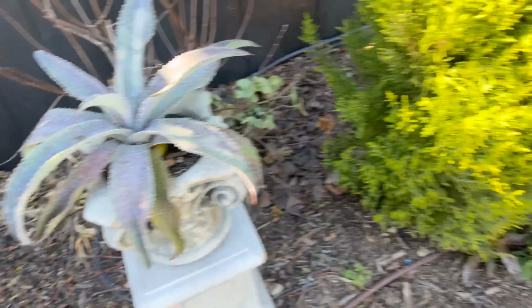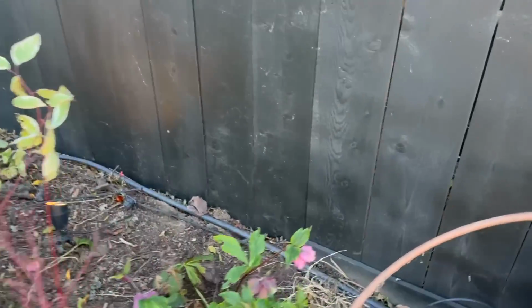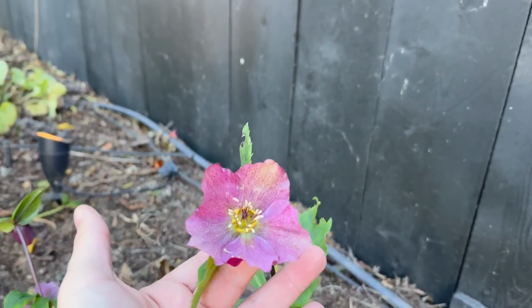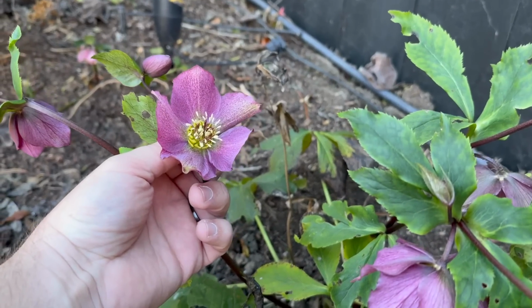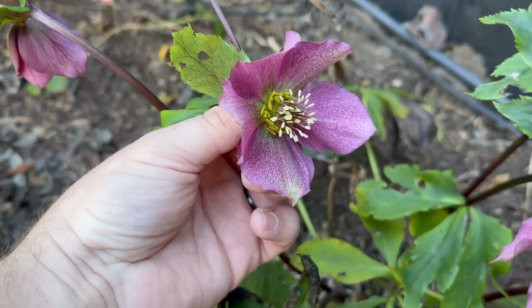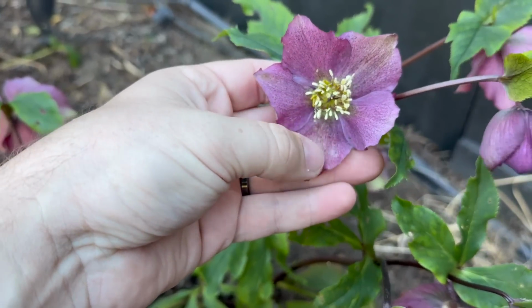And then I have another one on this side over here, and this one's always one of the first to bloom. Isn't that so pretty? So this is kind of like a little hidden secret back here. And this one doesn't bloom a ton, but look at the speckling. Isn't that so cool? So the way that I understand it is that this part right here is not the